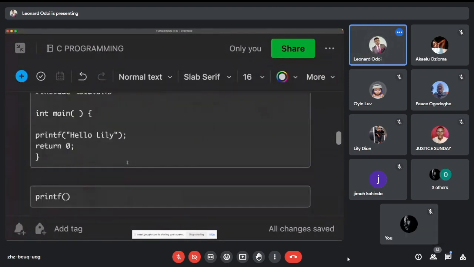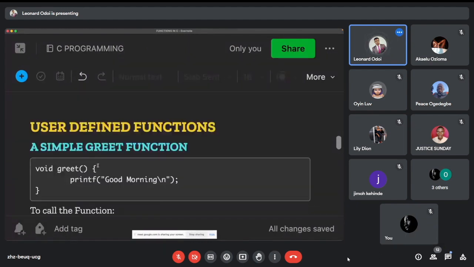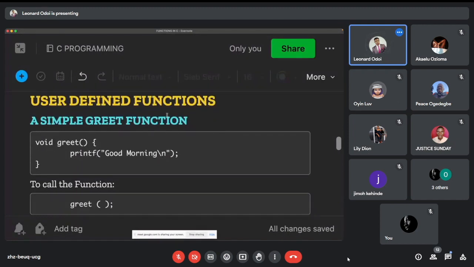Okay, awesome. And these are some examples of standard library functions. They've been written for you already. You don't have to write them yourself. Now, everything we are going to be doing right now are user defined functions. Later on, we are going to go into standard library functions and how to use them. But for now, we are going to